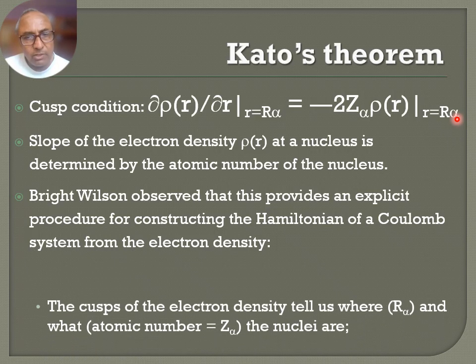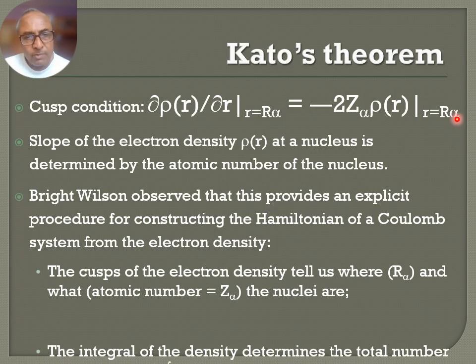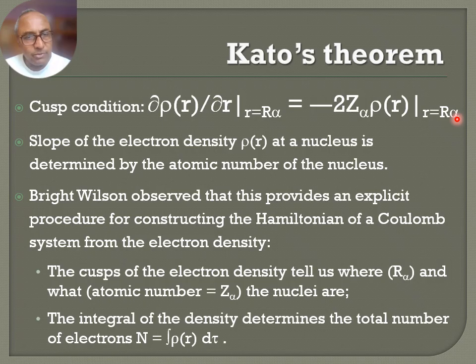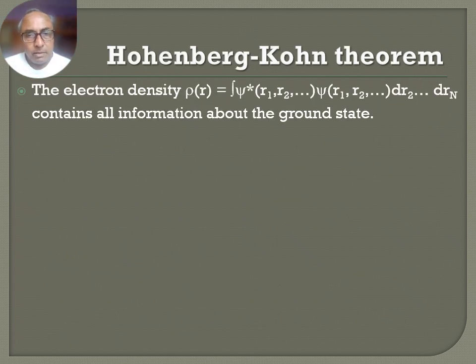Bright Wilson observed that this provides an explicit procedure for constructing the Hamiltonian of a Coulomb system from the electron density, since the cusps of the electron density tell us where the nuclei are, from R alpha, and what the nuclei are, from Z alpha. And the integral of the density determines the total number of electrons, since n is equal to integral rho of R d tau. Therefore, the electron density rho of R is actually all that we need. Okay. Thus, the electron density rho of R, which is equal to